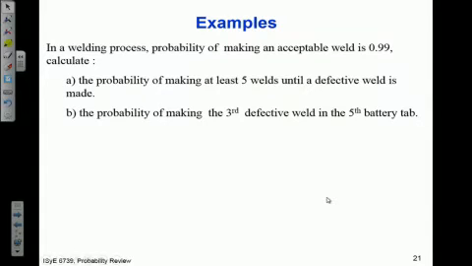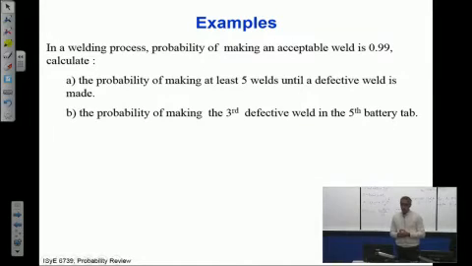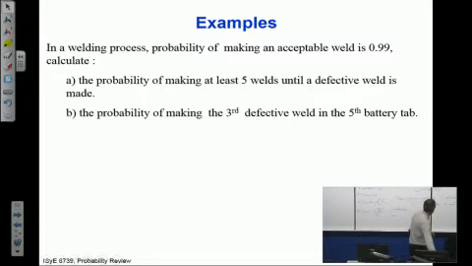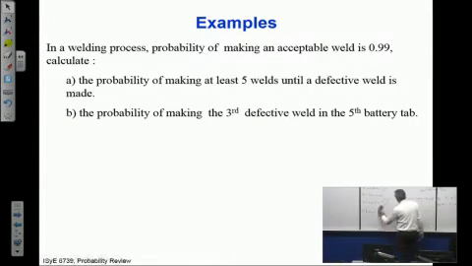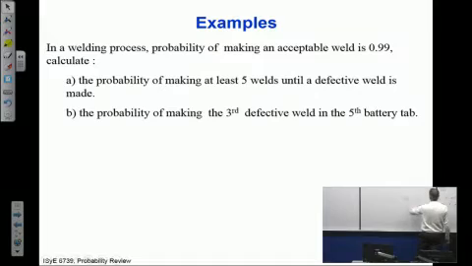You remember that welding process question? Now it says, let's say again, a probability of producing a good weld is 0.99. What is the probability of making at least 5 welds until a defective weld is made? Okay, what is this distribution? Geometric, exactly. So we keep producing until one